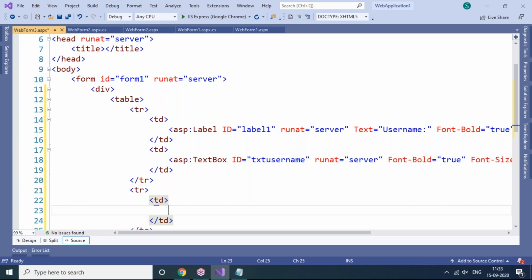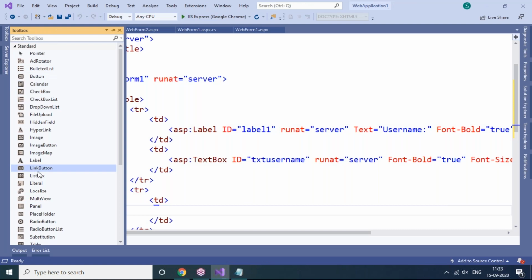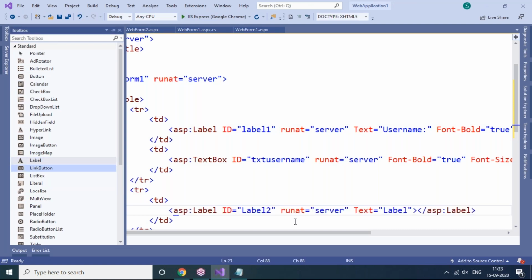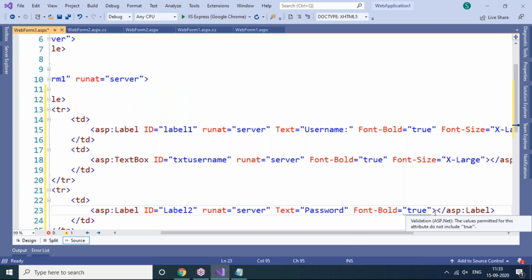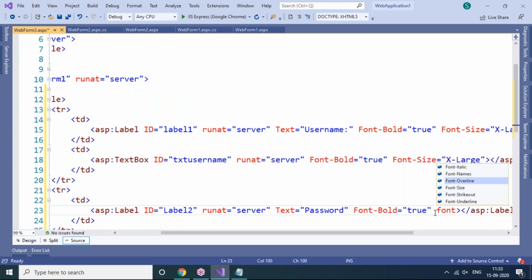And observe this, in this td we need not prepare labels by default. By typing code, you can go to toolbox and drag and drop labels also. You can try to drag and drop labels, runat equals server, text equals password. Font bold equals true. Then font size equals